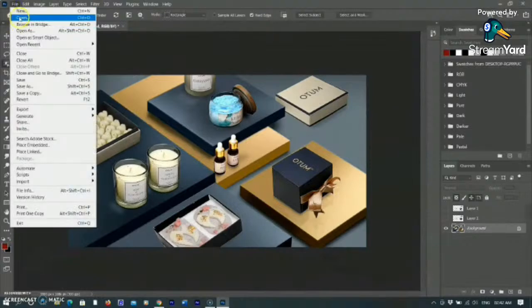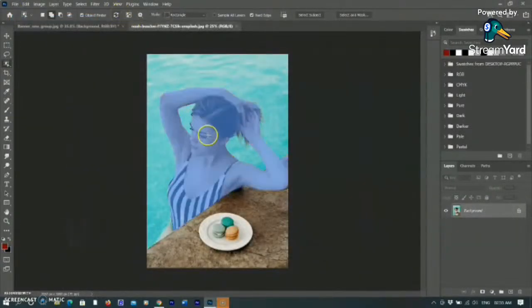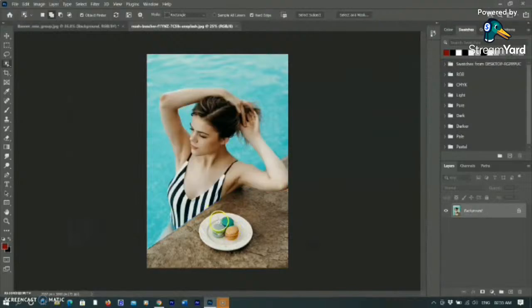So I am opening a picture of a woman and selecting the object finder again, but it selected only the woman and ignored the other object, the cookie plate. I think it should select both. So I don't understand why it left the other object. You can select the plate by adding it with the object selection as a single object, and you can unselect it by subtracting the selection. Now I am refining the selection